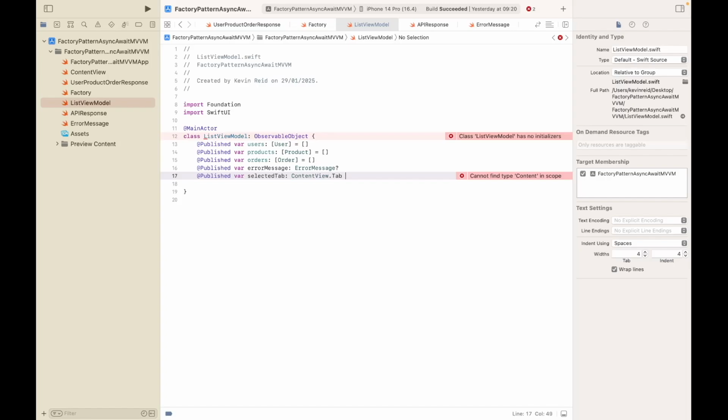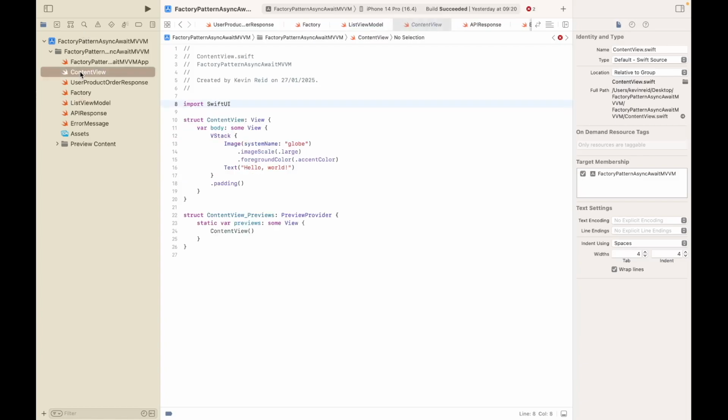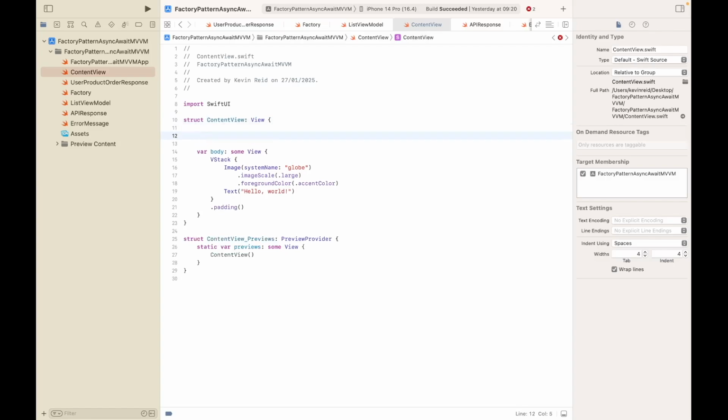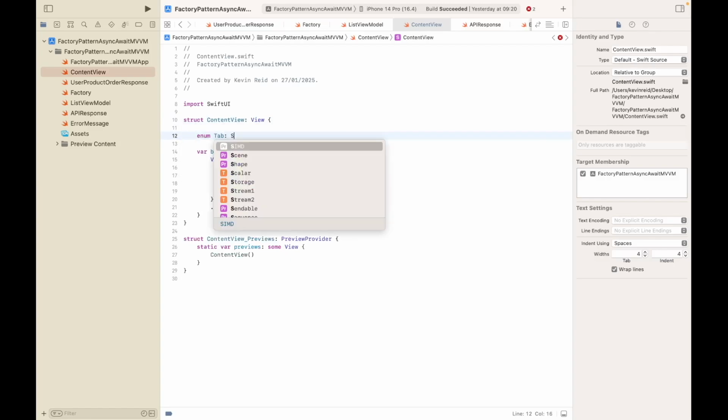So let's go over to the content view. And then after line 10, enter the following: enum Tab, String, CaseIterable,